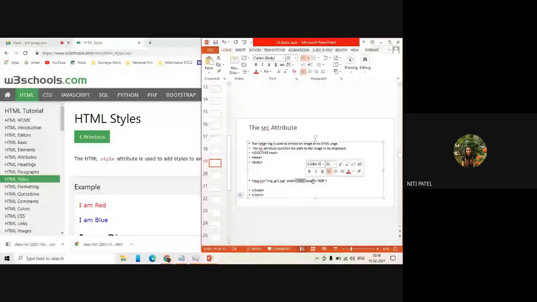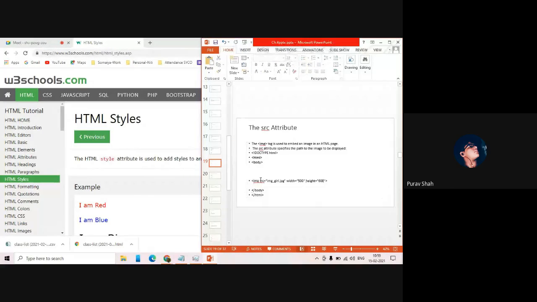Okay. Should I run this code, or you already have seen the output? So the source tag is used to mention either the entire path where your image is located, or if your image is inside the same folder where your code is, just give the name of the image. See to it that you give a proper extension, .jpg, .bmp, .png, whatever format your image is in.